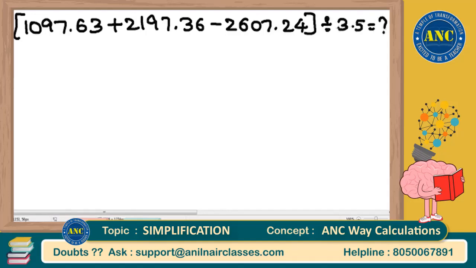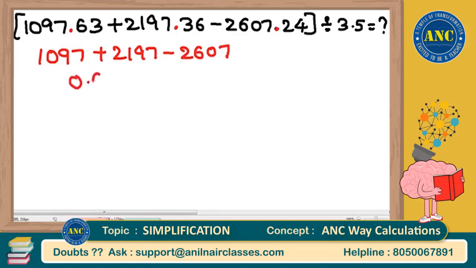I need to find the value of the left hand side, because on the right hand side only one term is there, that is nothing but question mark, right? Now see here, same logic I will implement. First of all, ignore all these decimal points. Whatever is written after the decimal, first ignore it. Let us only calculate the whole number part: 1097 plus 2197 minus 2607. And the decimal points are nothing but 0.63 plus 0.36 minus 0.42